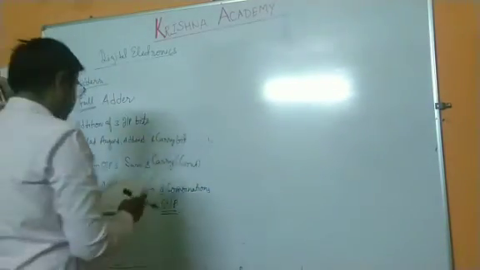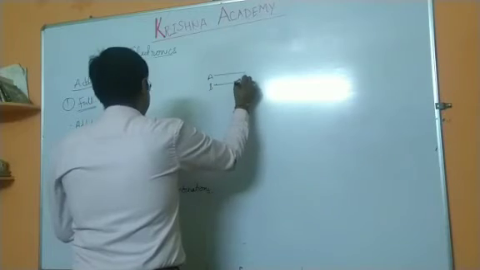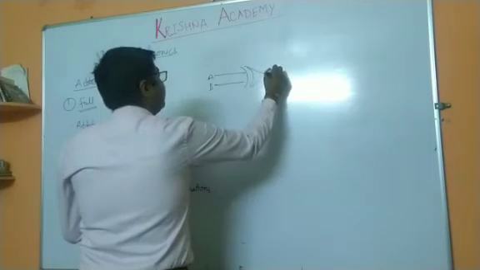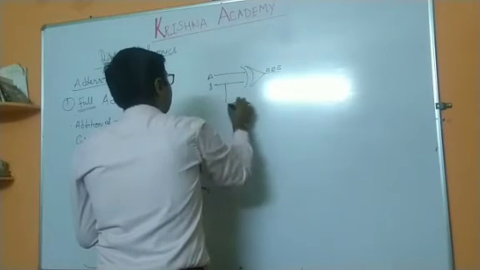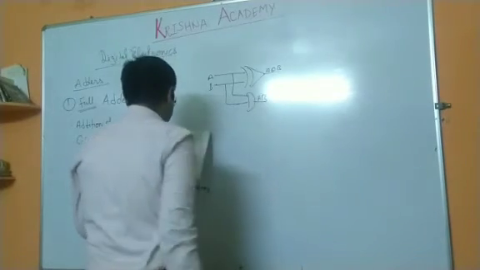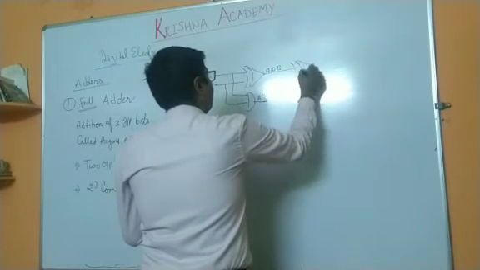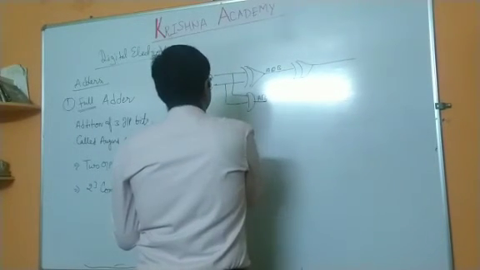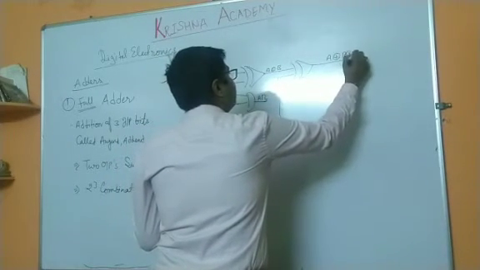Now if you want to implement two half adder circuits, A and B are there, and XOR, this will be A XOR B. Now this is AB. Again, this will be A XOR B XOR C,